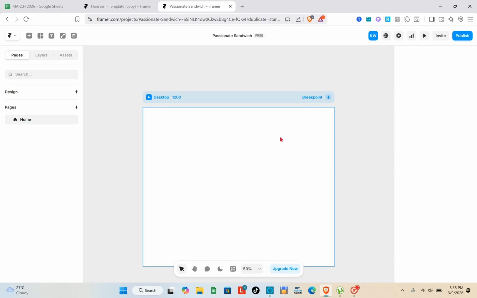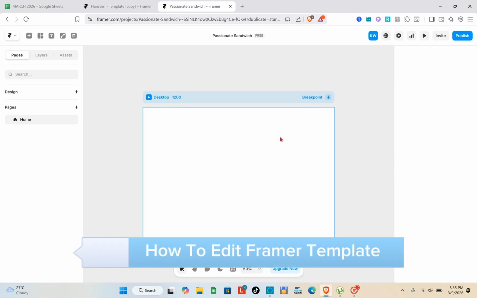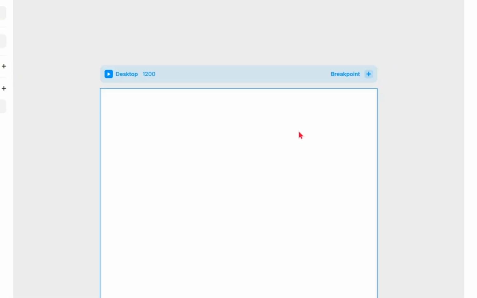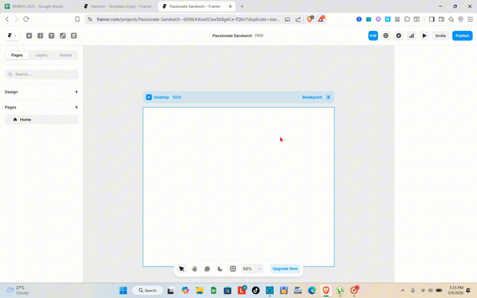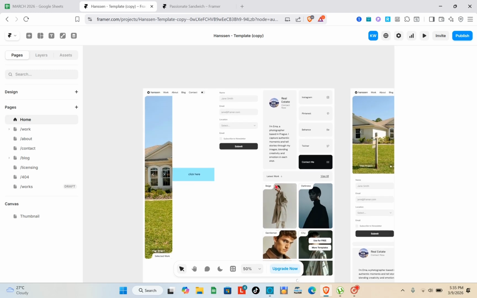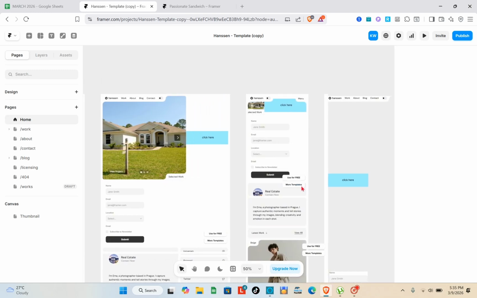In this video, you will learn how to edit the Framer template for beginners. So, the first thing that you should do here is you just have to open any of your web browsers. Okay, and as you can see right here, I already have my template, so I already did some customization for